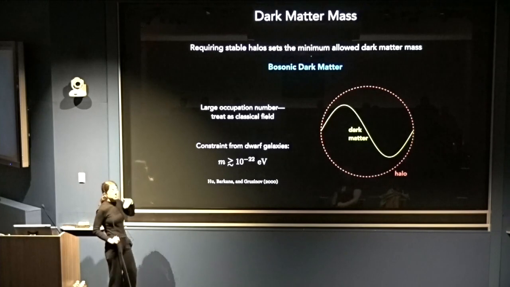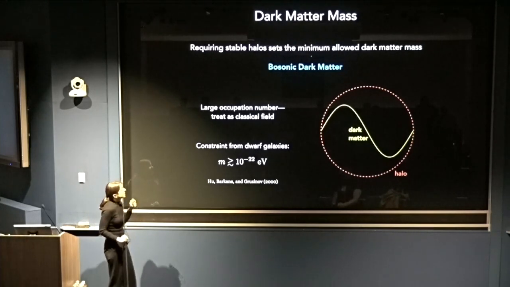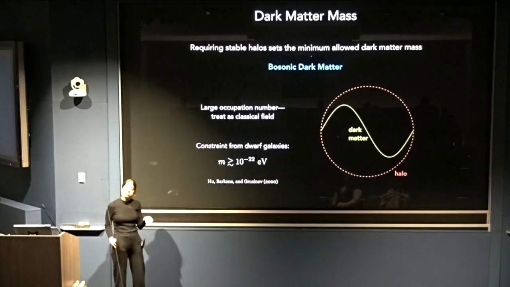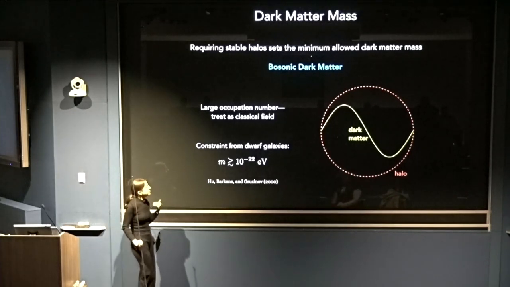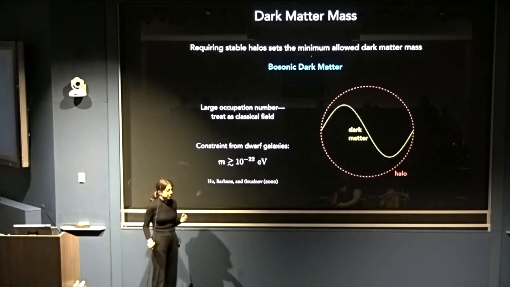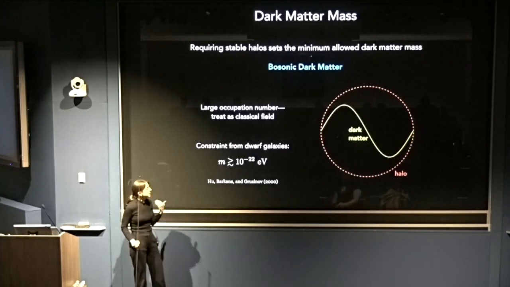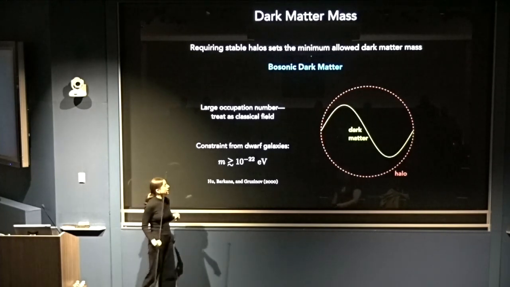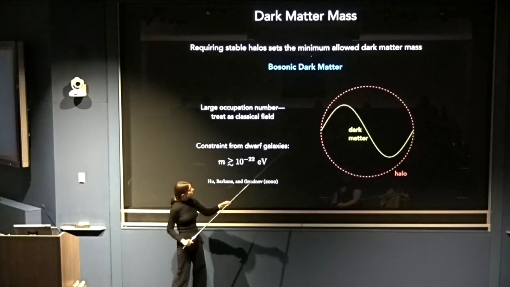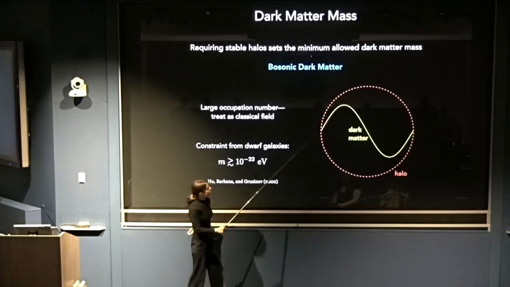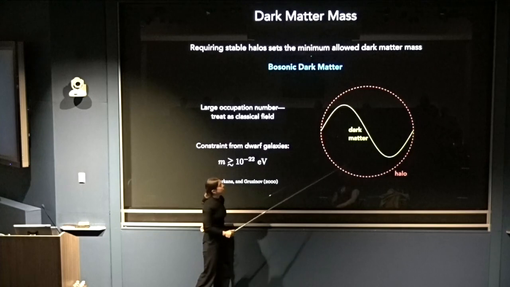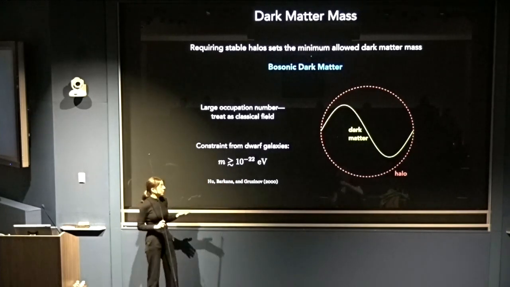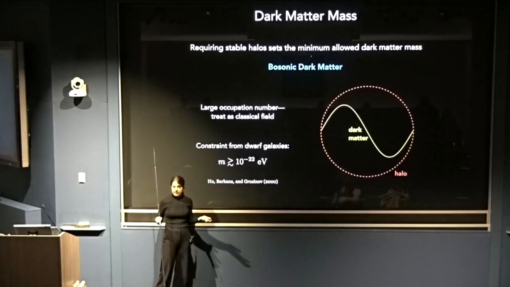So let's piece this all together. And say, okay, well, what we need to exist, because we observe them, are these small dwarf galaxies. So if the dark matter is going to behave like a wave, we still need it to be consistent with the fact that we observe these dwarf galaxies. So in particular, what that means is that the wavelength of the dark matter cannot be any larger than the size of the halo. If that happened, then the halo itself wouldn't exist anymore.